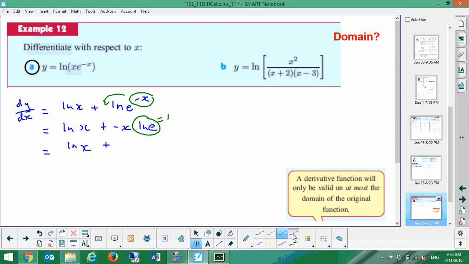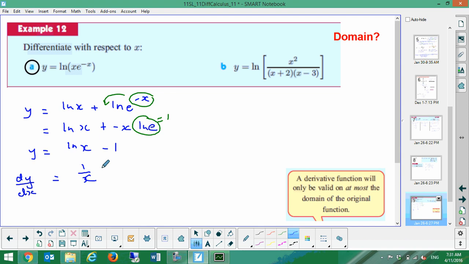So therefore, this is the same as, we'll get rid of that plus, and we go minus 1. Now, that's not dy/dx. Sorry about that. We're just playing around, making y into a nicer way to differentiate. So now we know y can be written like that. So now we can do our dy/dx, which is equal to 1 over x